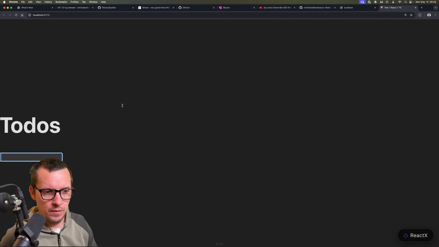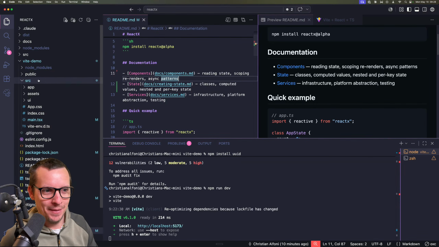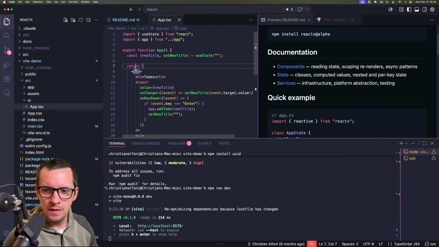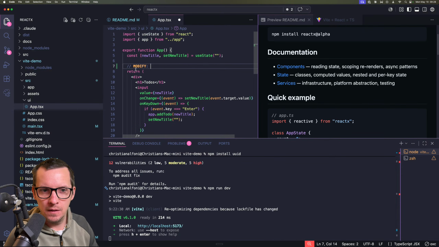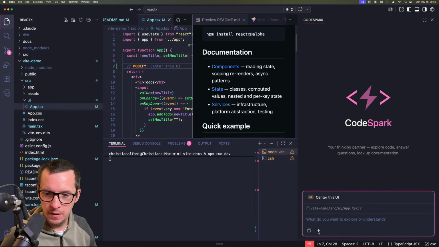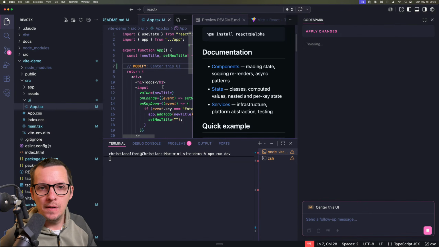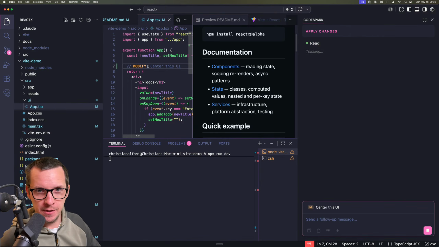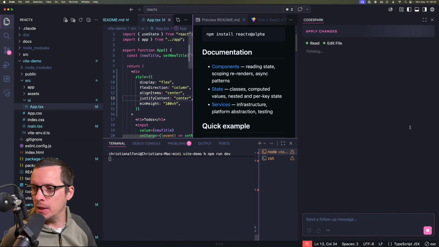So, yeah, by the way, I want to clean up the, let's see if we can do that. Let's see, center this. Yeah, let's see. Oh, where did I get, there you are. Yeah, and I'm still working on CodeSpark. I just made a change now. I'm going to publish, which